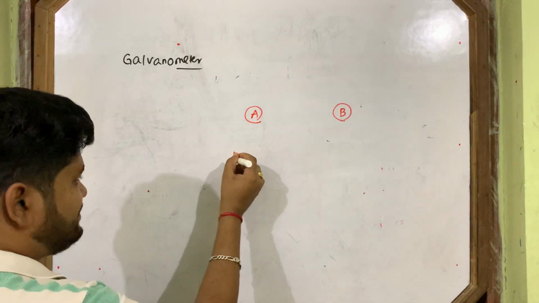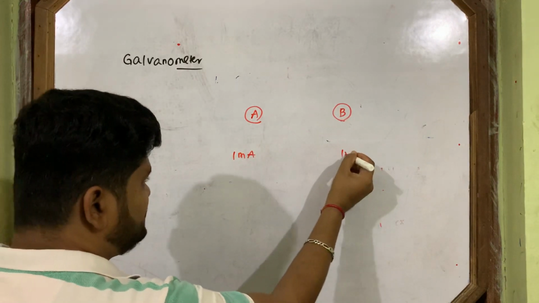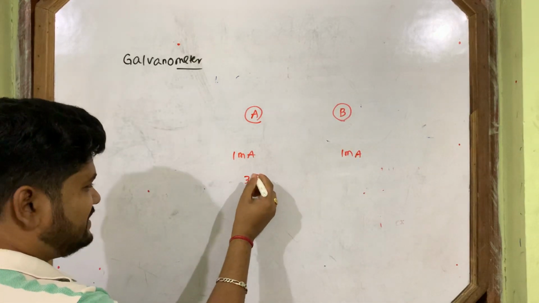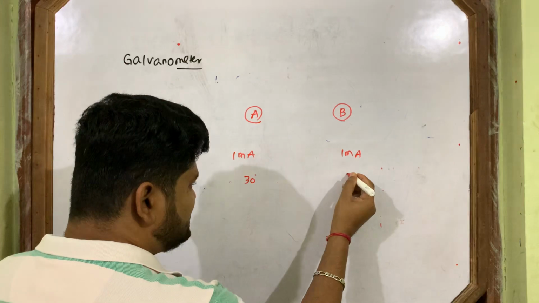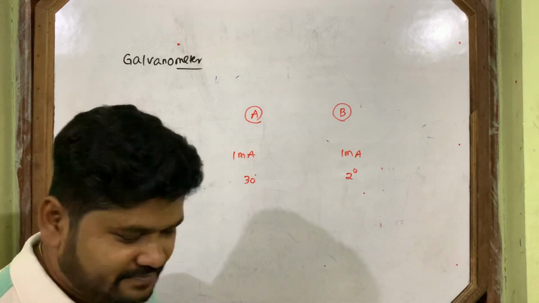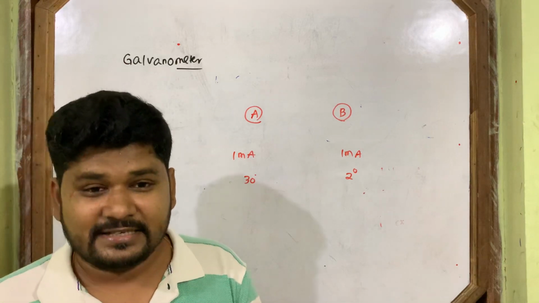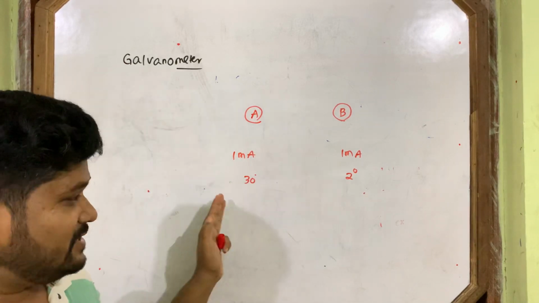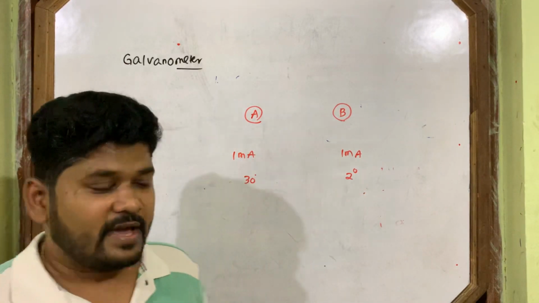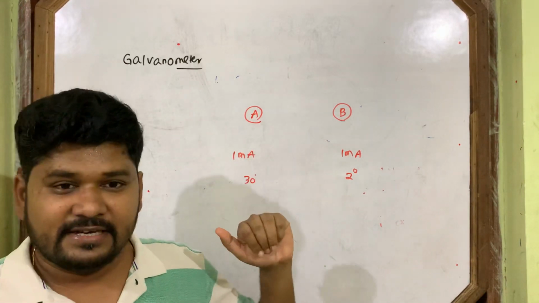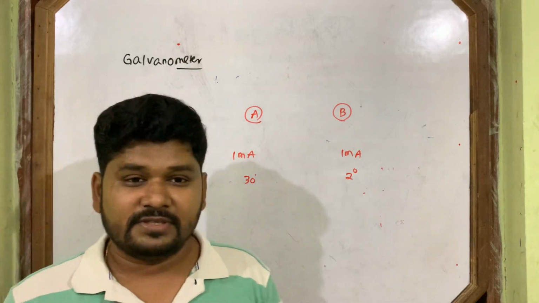AB. Same current I will pass, 1 milliampere, 1 milliampere. This current deflects 30 degrees. This current deflects 2 degrees. Which one is more sensitive? Which galvanometer is more sensitive? Where the deflection is more for unit current, that is called more